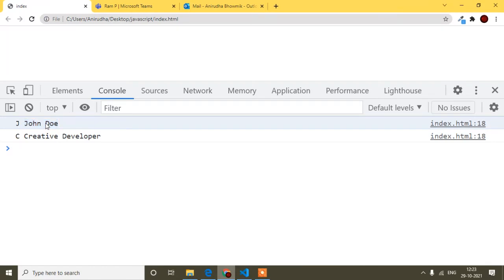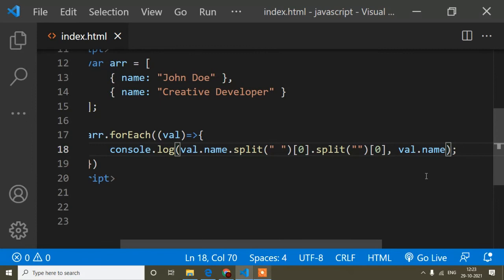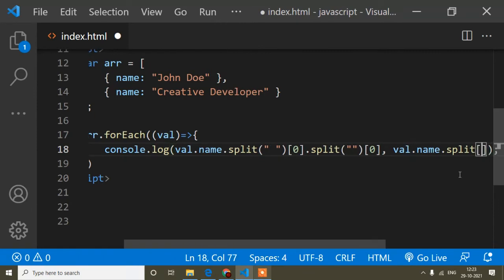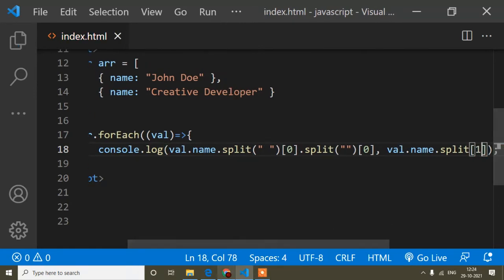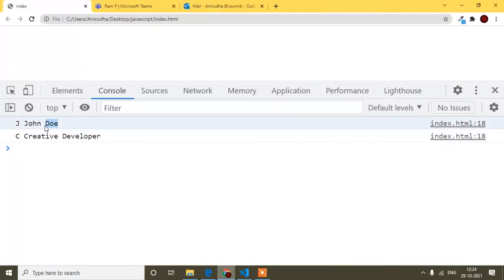I just extracted J from the first name and C from the first name here. Now I will work with only the last name. So what I will do here is name dot split, I will create an array the same way and split 1. Now I will get only the last name.